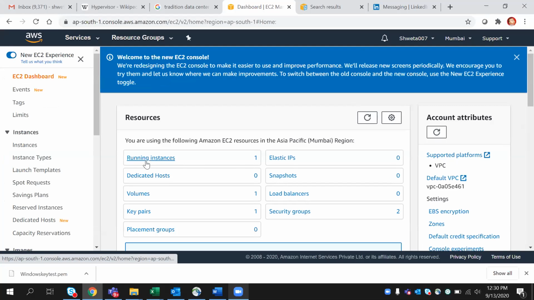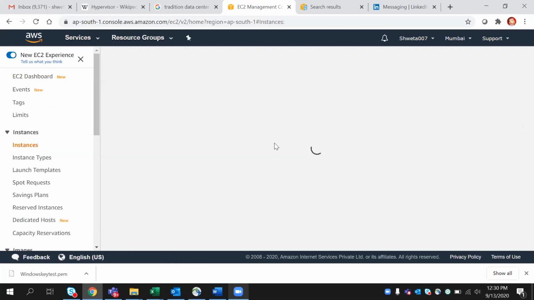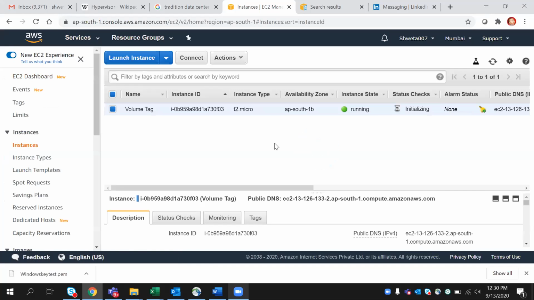Go to running instances. Yep. See, it's running. Status checks, if you look at it, says initializing, right? So it's getting initialized. You can scroll up that window a little bit. You have 3 buttons here below your mouse, black and white, small ones. Yeah, just use that and see what it is.